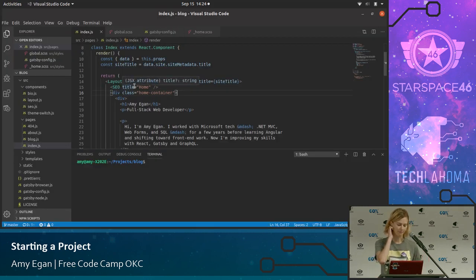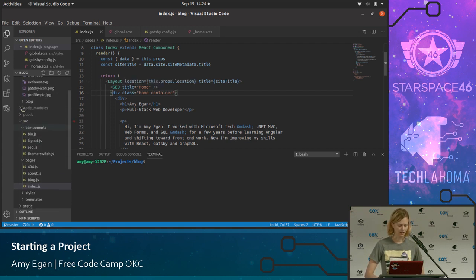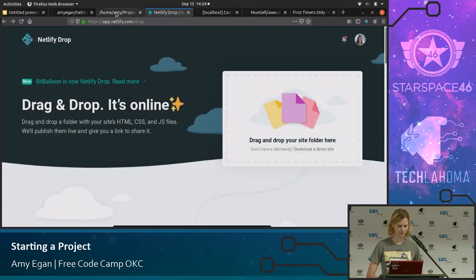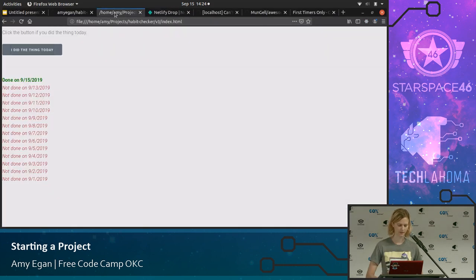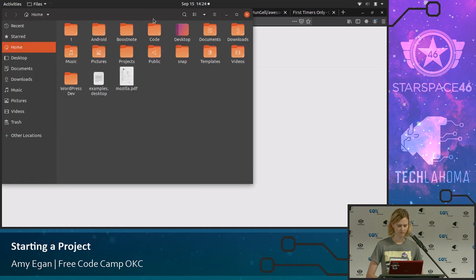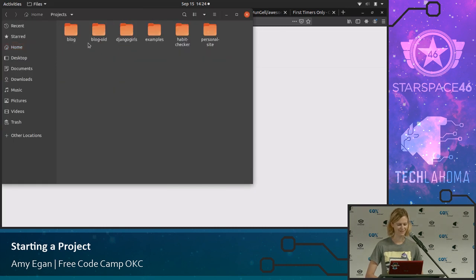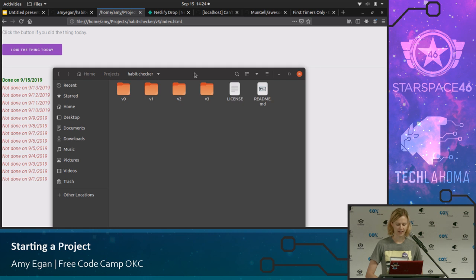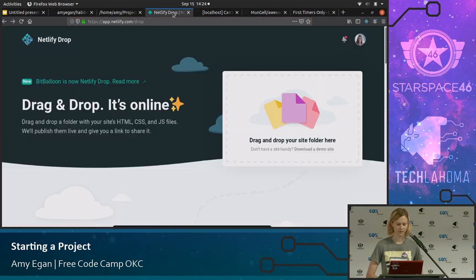So we looked at my example app, and oops, that's not even the right one. There we go. Looked at my example app, and that is here. And so, sorry, I had this open and then I had to restart, so I don't have it open anymore. If we go in here and go back to the Netlify page,